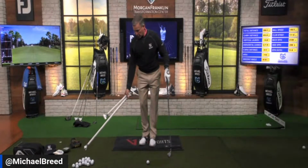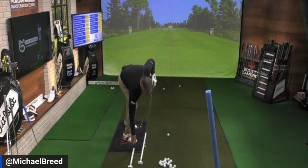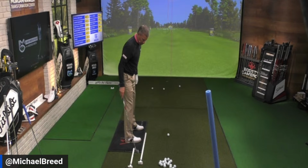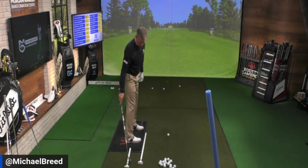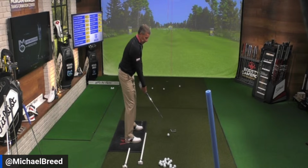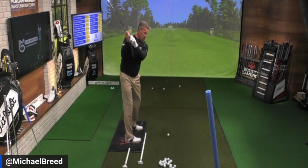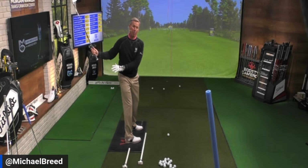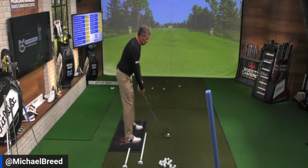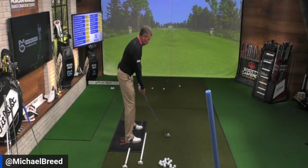So if this is my toe line right here, okay, and then this right here is, say, where I would want my hands to be with a 6-iron, which is typically just over maybe the heel in the backswing. So when I take the club back, if I'm hitting this thing and it's going too high, I want to feel like my hands aren't really getting deep. The more depth I get, the better chance I have of hitting it up into the air and maybe even hitting a draw. So if I'm getting too much of that, I want my hands to feel like they're staying closer to this line. So I go here,